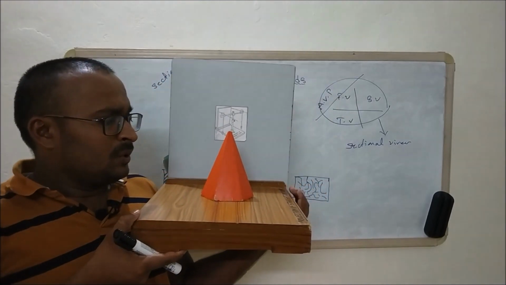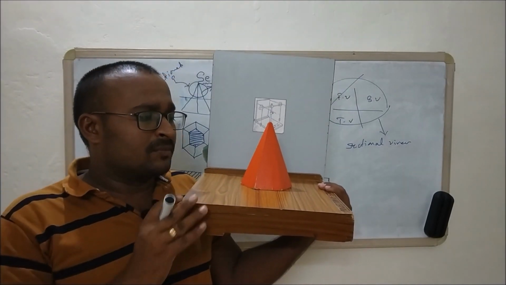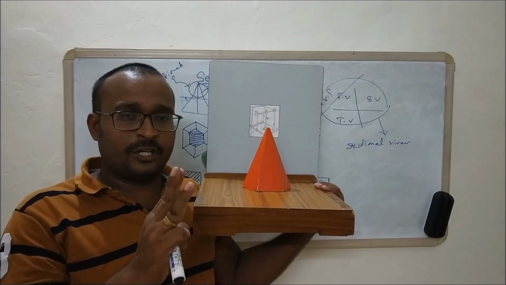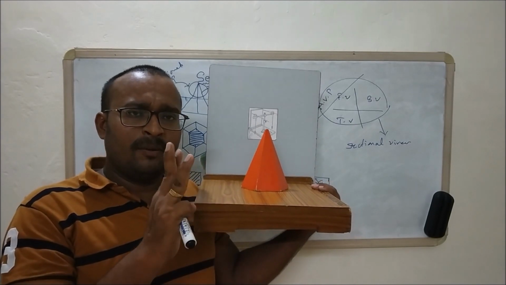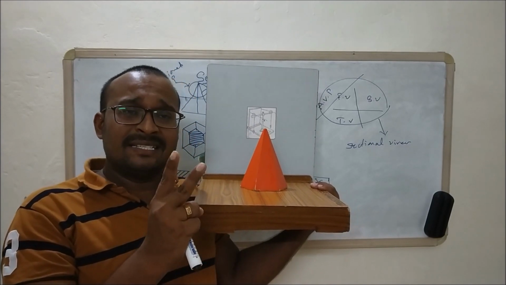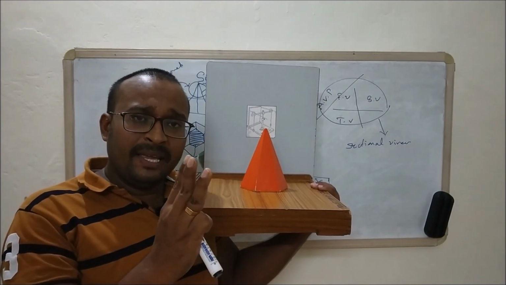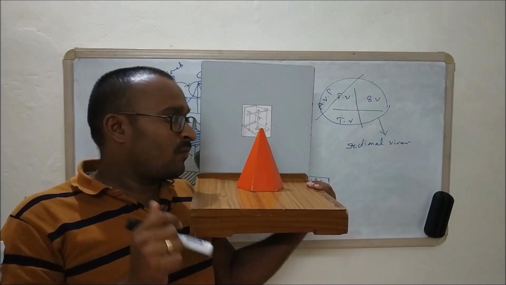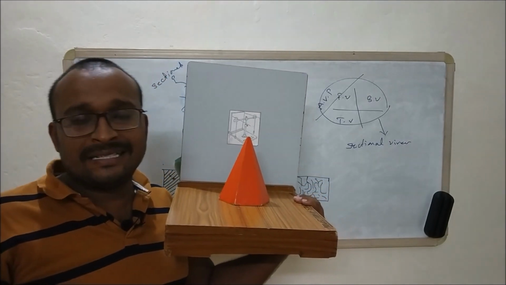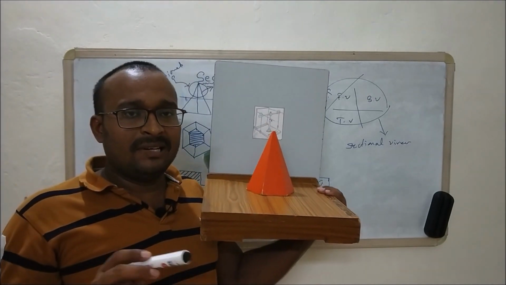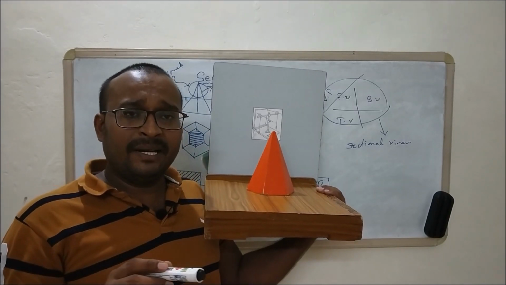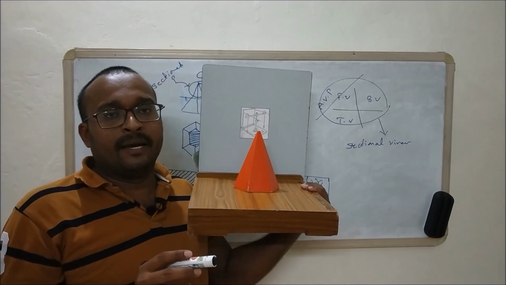So here in projection of sections of solids problems, there will be three statements. Problem statements of three statements. In the previous case there were two statements: one is the geometry of the solid, the second is the position of the solid. But here there will be three statements. One is the geometry of the solid, whether it is a pentagonal pyramid, hexagonal pyramid, cylinder or cone, whatever it is, they will give the geometry of that solid in the first statement, and then in the second statement they will give the position of that solid.